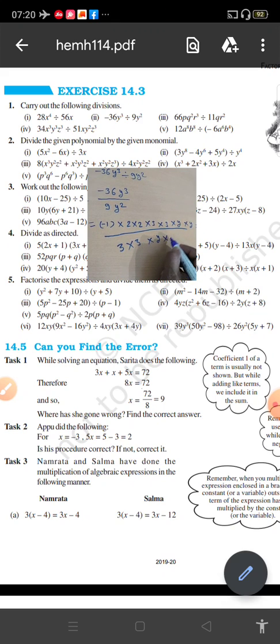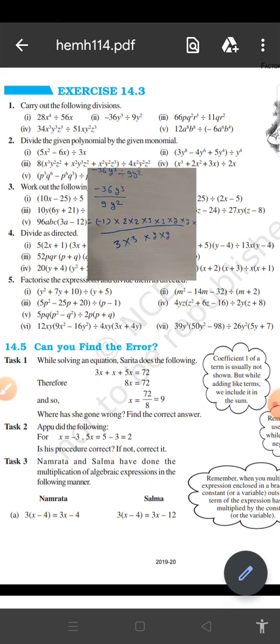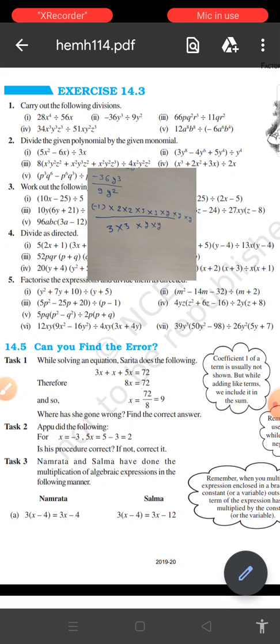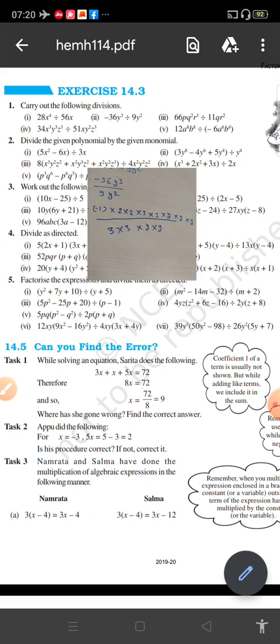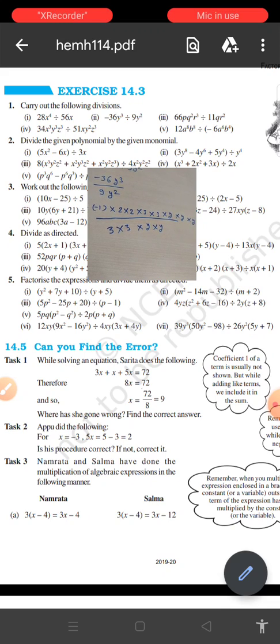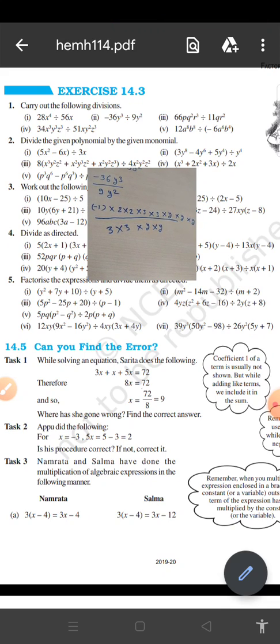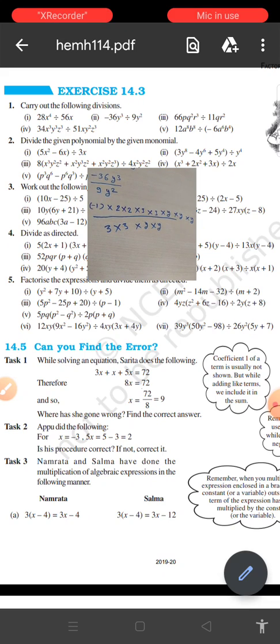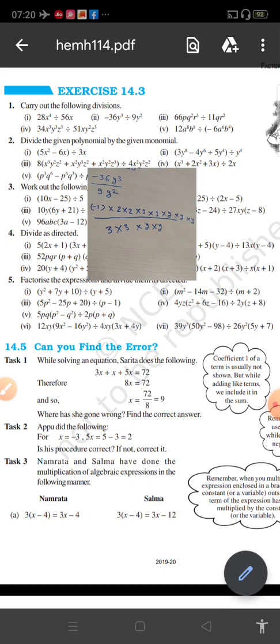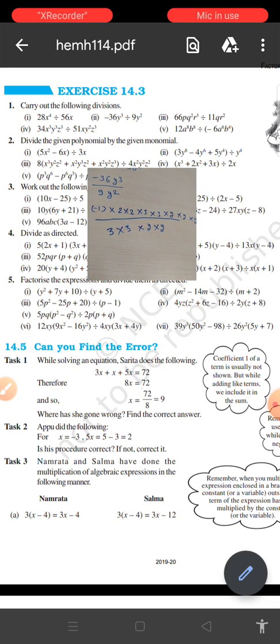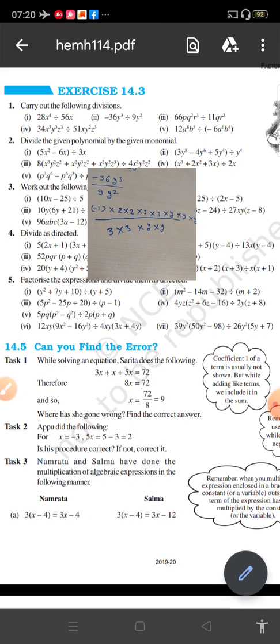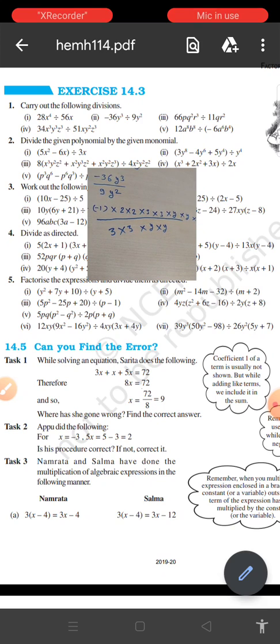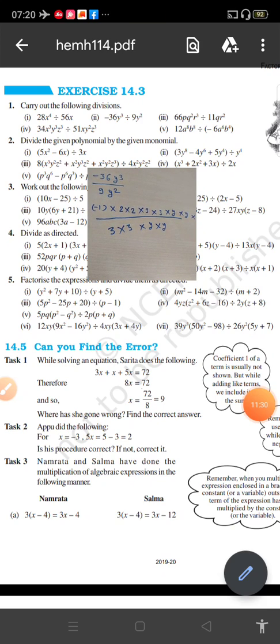So you can see here what is the common factor between them. Tell me. We first obtain the common factors and cancel them, and we obtain the required result. Okay, so in both you can see 3 into 3 and y into y are common. So first we cancel it.